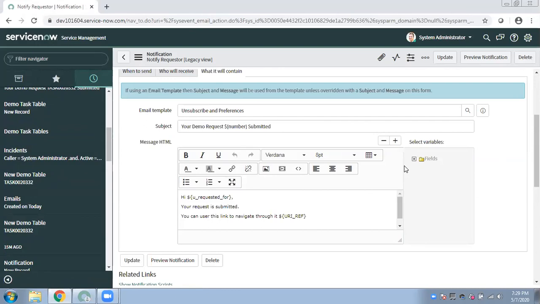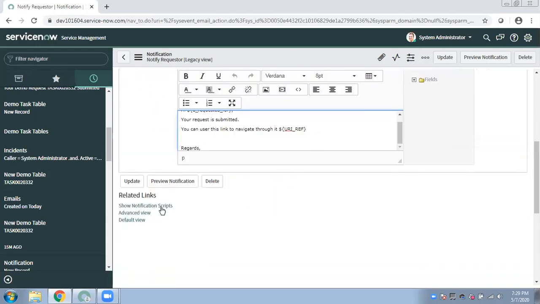Approval is a different record and we don't have it as a field. So basically I need to glide record in the approver table, right? Yes. So to glide record I need to write a script. You cannot write a script here. There is another thing called a notification script.